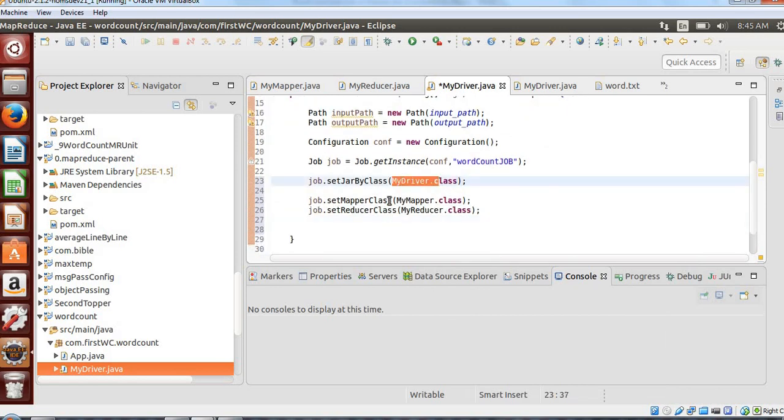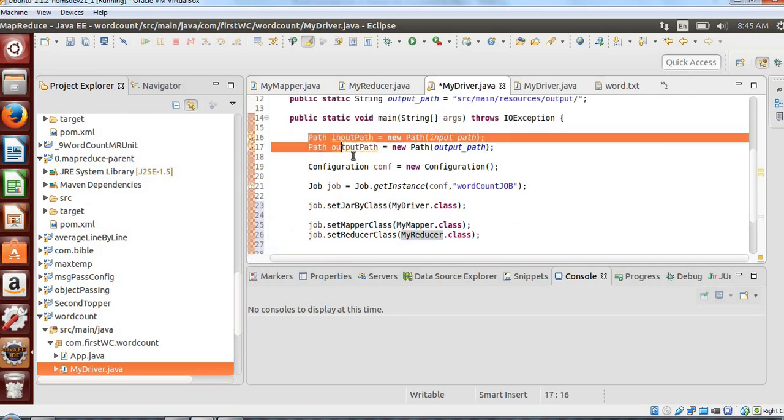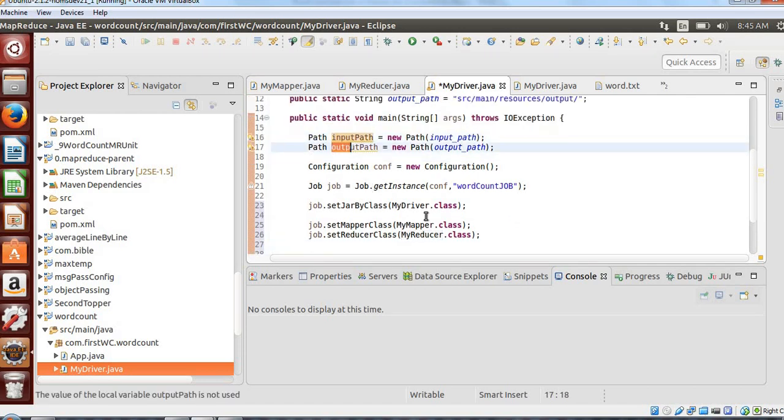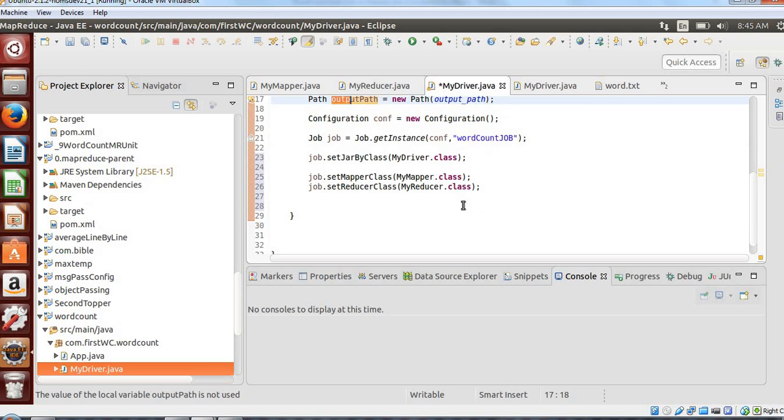Now you defined your driver. You set, okay, this is the mapper, this is the reducer. Now the next thing is you have defined your paths, the input path and the output path, but you have not added them into the job. So next is to add your input and output path into your job.